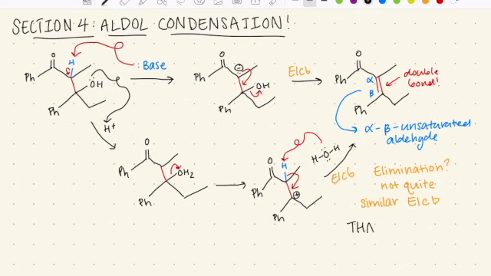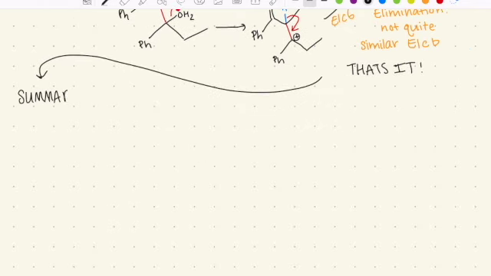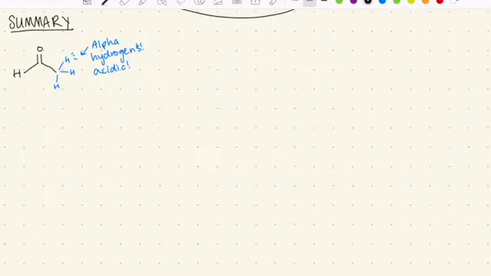Alright, so that is all we have to go over for the aldol condensation and aldol reaction. Just as a summary, for these aldol reactions, it depends on those alpha hydrogens and them being acidic. They're acidic because they are an alpha position away from the carbonyl carbon. If we add a base to these ketones or aldehydes with these alpha carbons, then we will form an enolate,